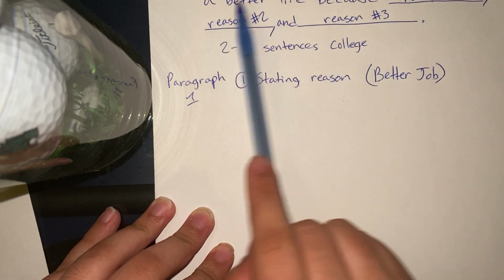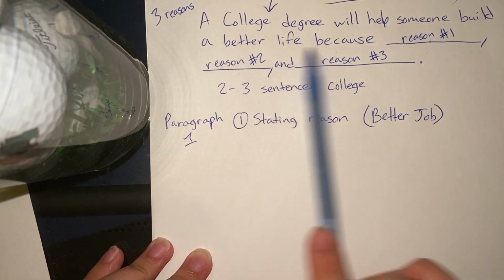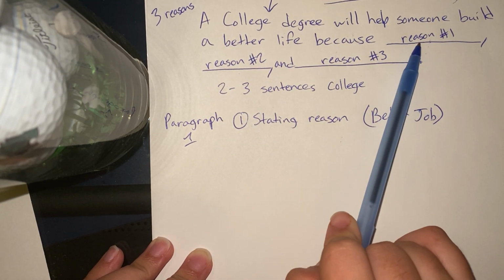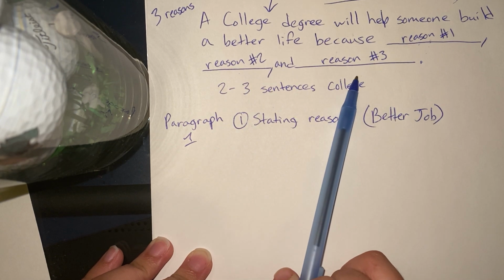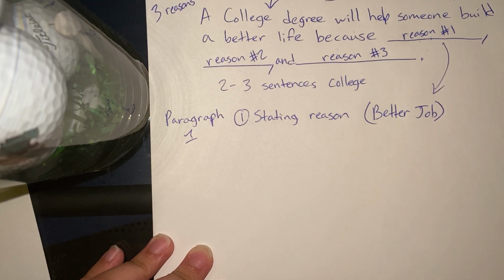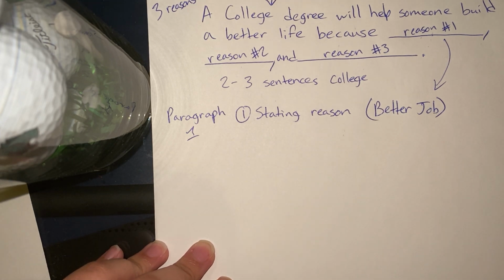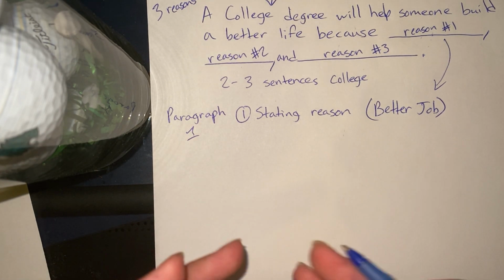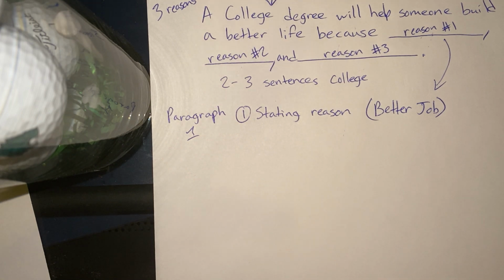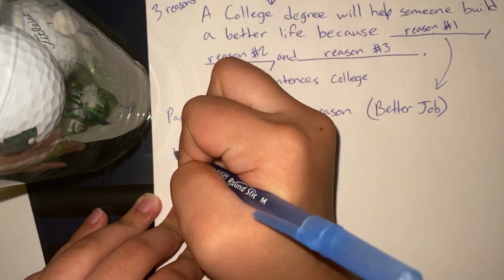So essentially, your thesis is a roadmap. So once your reader reads this, he's going to be like, oh, okay, so the first paragraph's going to be about this, and the second one's going to be about this, and the third one's going to be about this. So now I know. So you're taking reason 1, and that's what the whole paragraph 1 is going to be about. So after you state your reason, which is restating, getting a college degree can help someone find a better job because they're more qualified for a position, right? Period. The next sentence, again, this is going to be about four sentences.